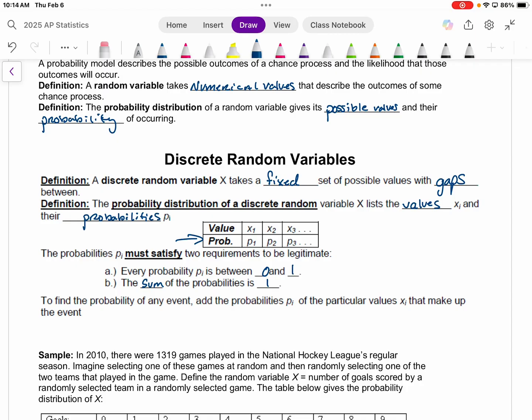Like when I'm flipping a coin, can I flip a half of a head? And so typically when we do tables for probabilities in this chapter with discrete random variables, we will isolate, if I flip a coin 5 times, then I look at the variable X is getting a heads, which would be my desired event. What's the probability of getting a heads? And then I would go through and figure out with a tree diagram or whatever, what's the probability of getting no heads, 1 heads, 2 heads, 3 heads, 4 heads, 5 heads when I'm flipping the coin 5 times. Okay,